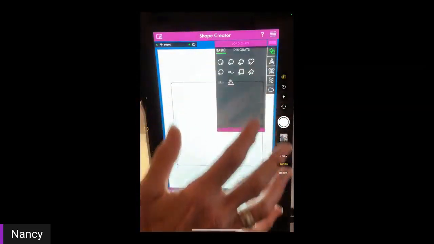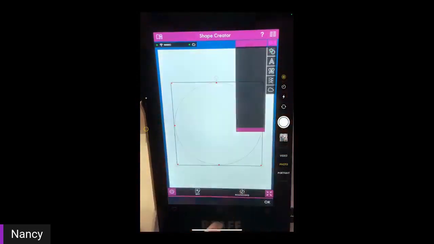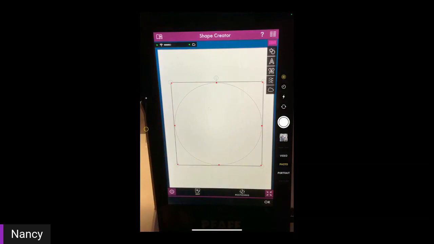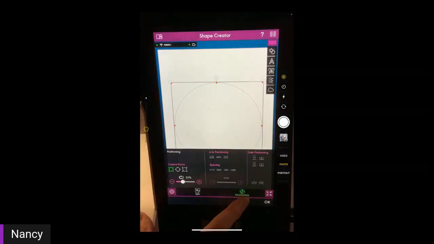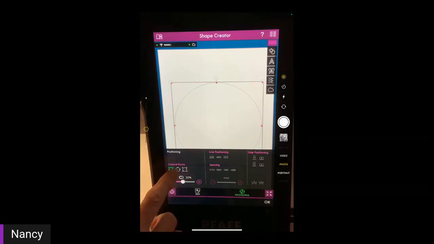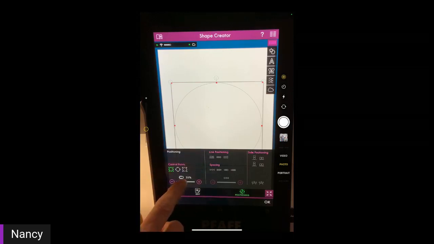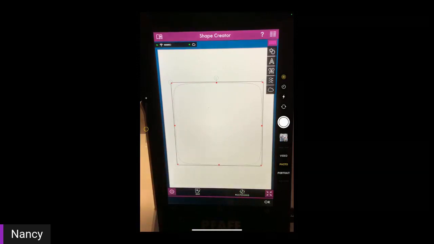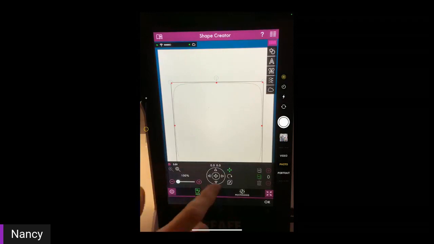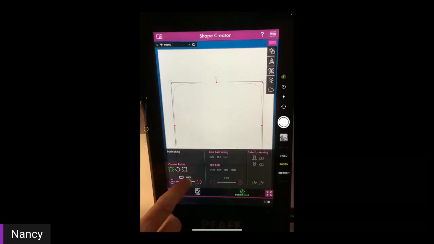So I'm going to go back to the circle and show you what I thought I was showing you. So I've got my circle in Shape Creator. I go down to positioning, and down here you have these different control point icons. With this one, as you change the control points, it kind of pulls them out, and you can make this rounded square, or you can go back and make the square on end and rounded,